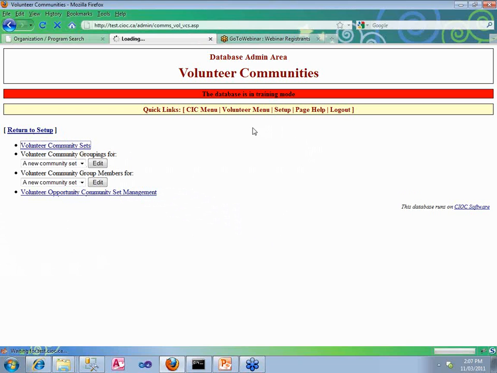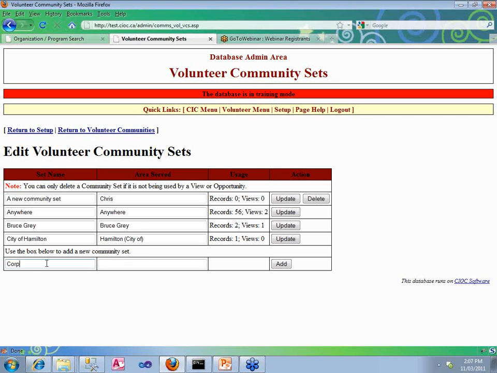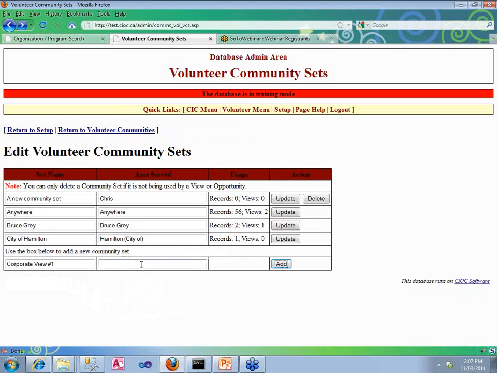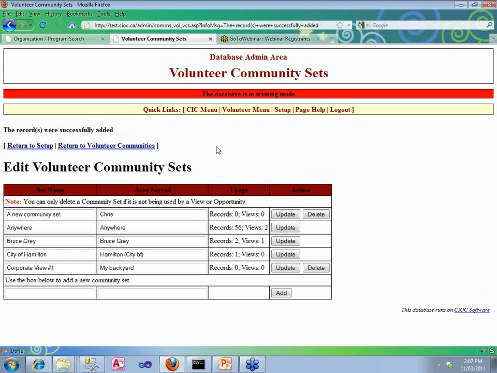So let's say I want a new community set that I will call corporate view number 1. Very exciting. And the area served is a required field. And the area served is my backyard, whatever. Okay. So here I've created a community set that can now be used as the basis for a view. Right now, no views use this community set, and there are no records in this community set. Okay. If I go to update it,